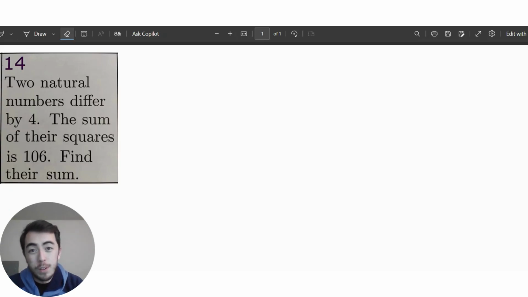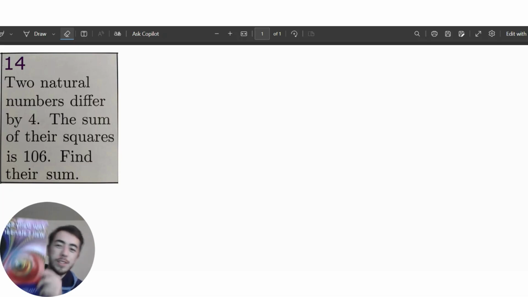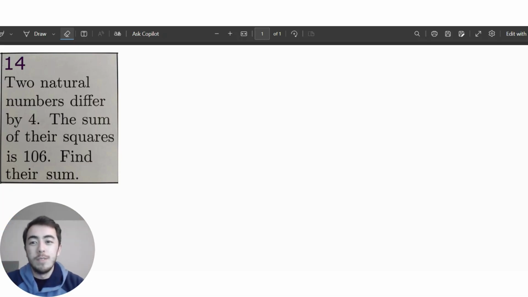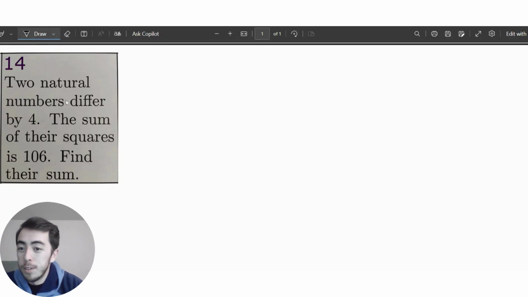Today's January 14th, and we're solving the 14th problem from this Daily Epsilon calendar. Let's try it out. We have two natural numbers that differ by 4, and the sum of their squares is 106. Find their sum. Okay, so a natural number, I've defined it earlier in the series, but it's a number